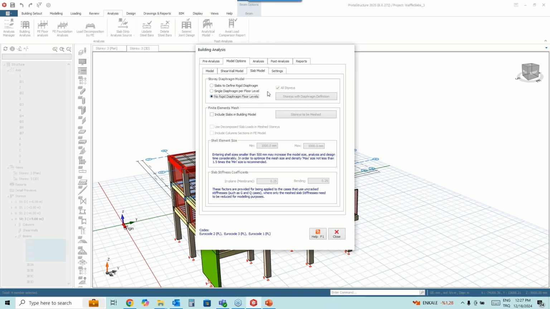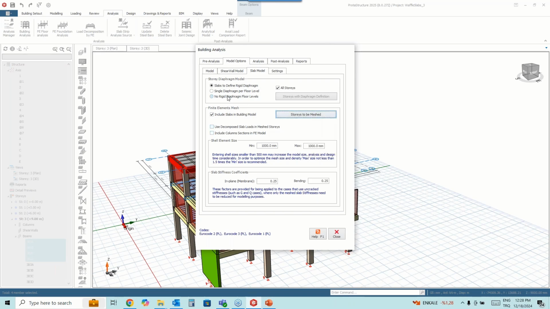If you select this option, then you can mesh the stories, and you can use a flexible diaphragm. Of course, for rib slabs, we will use the rigid diaphragm, but I'm going to mesh the third story like this.